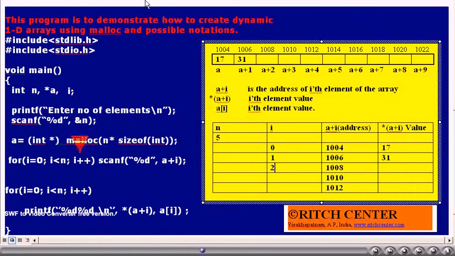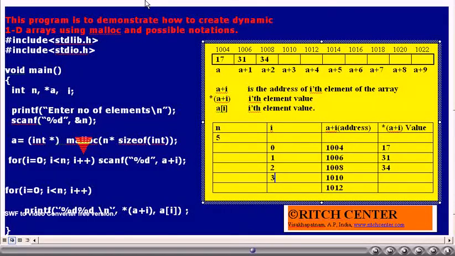I value will be incremented by 1. Is I less than n? Yes. This time we assume that the user has entered 34. The scanf reads this 34 and stores it in a plus 2, that is 1008. That is, the third element of the array becomes 34.